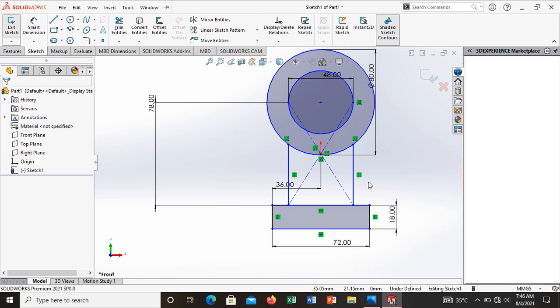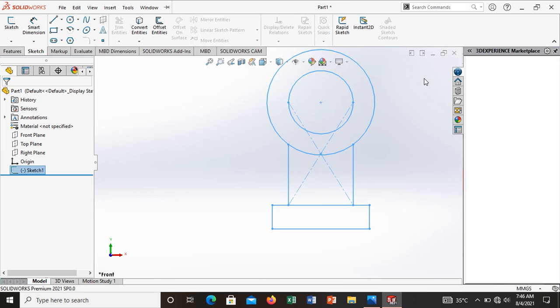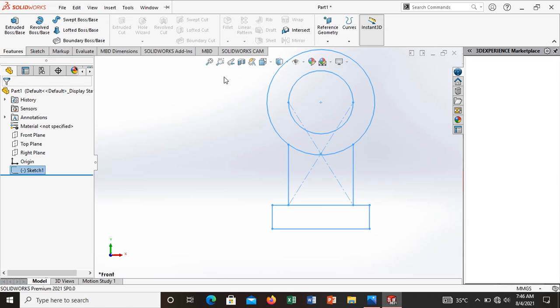Okay, let me exit the sketch. Go to features, select the extrude base.